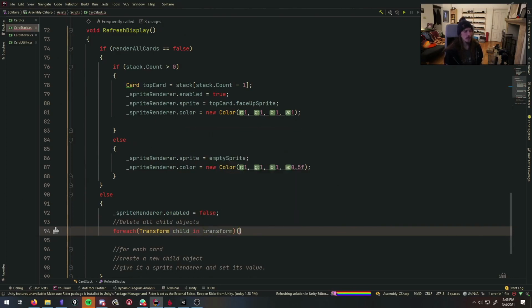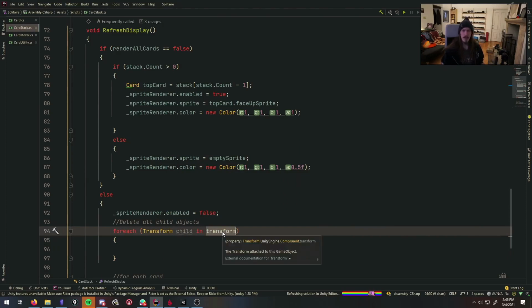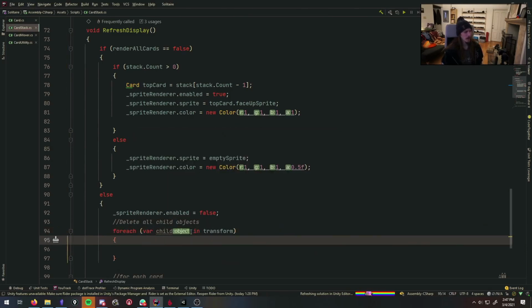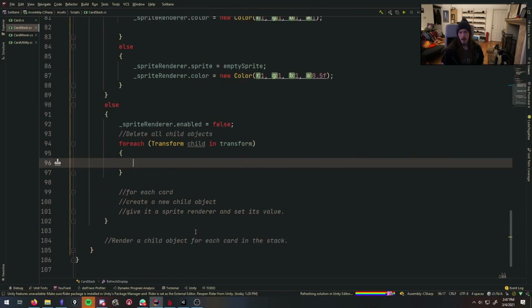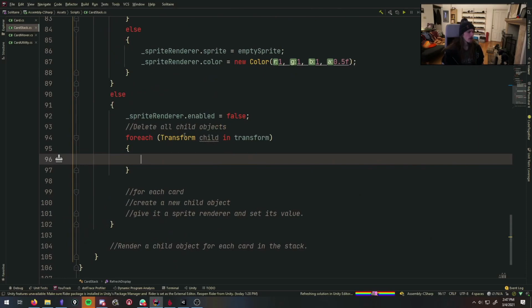You can actually loop through your transform component, and that will loop through all child game objects, and then we'll cast them to transforms, I believe. I set that to var. What is Unity to set? Object, yeah. So we'll set them to transform. For every transform child in transform, we will destroy